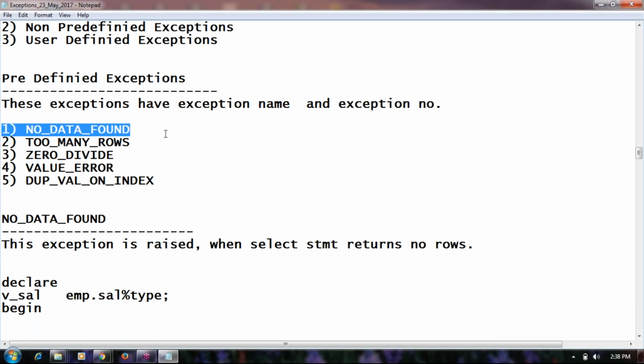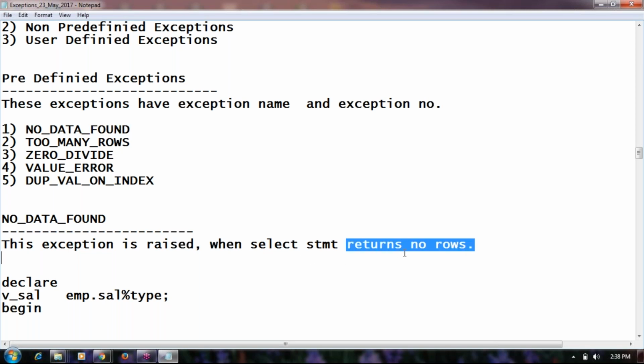Now you need to say that when a select statement does not return any row, you need to mention the select statement. It could be update or delete, but it is only with respect to the select statement. No data found exception is raised when the select statement does not return any row.